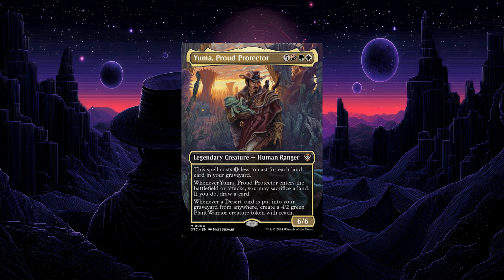Yuma, Proud Protector is 5 colorless and a Naya, which is a mountain, a forest, and a plains. This legendary human ranger is a 6/6, and this spell costs 1 less to cast for each land card in your graveyard. Whenever Yuma, Proud Protector enters the battlefield or attacks, you may sacrifice a land. If you do, draw a card. Whenever a desert card is put into your graveyard from anywhere, create a 4/2 green plant warrior creature token with reach. Also keep in mind, there are recent rulings where Yuma must be on the battlefield for its last ability to trigger. If it is put into your graveyard at the same time as a desert card you own,